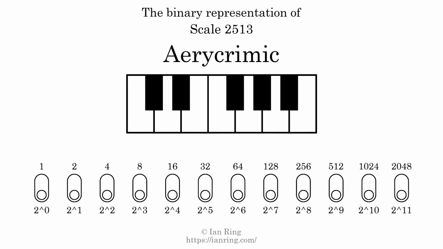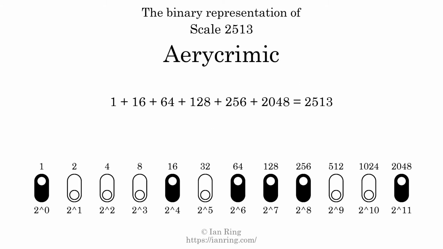The binary representation of this scale is determined by mapping tones of the scale to binary digits. Each binary digit represents a power of 2. To get the scale number, we add the powers of 2 together. The powers of 2 that are present in the scale, all added together, equals 2513. That is why the scale number, in decimal, is